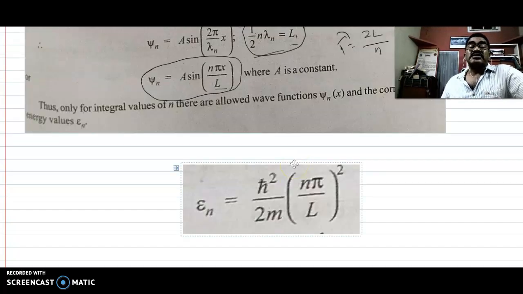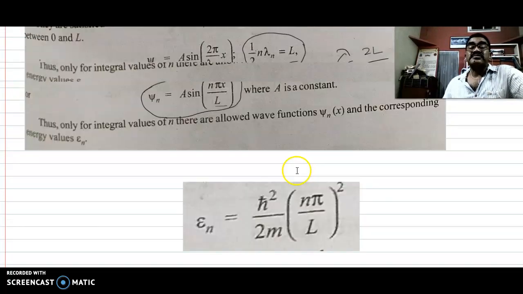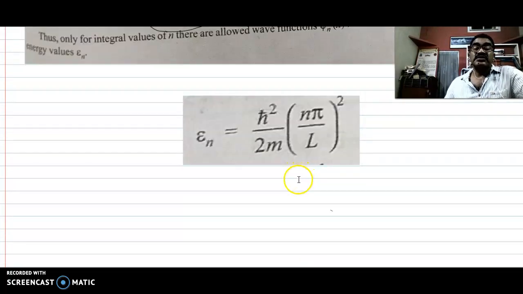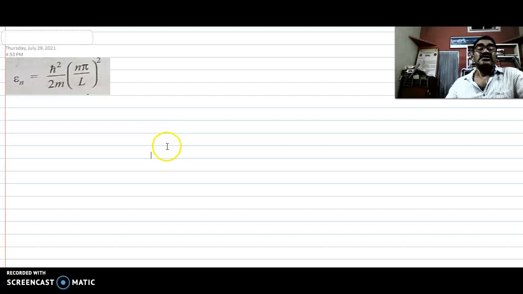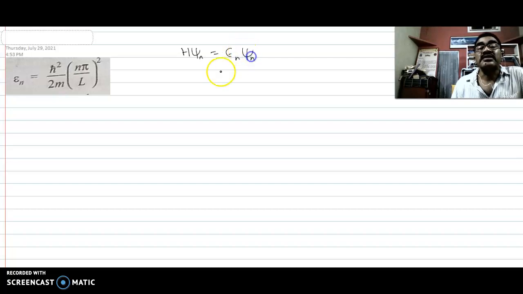We get this energy value from the above equations, the Hamiltonian equation. Let us see in the next page. We have to find out our energy value. We have the Hamiltonian acting on psi n is equal to epsilon n psi n. We have already got